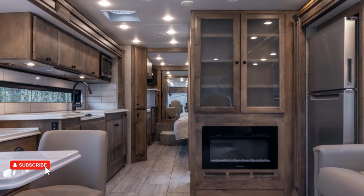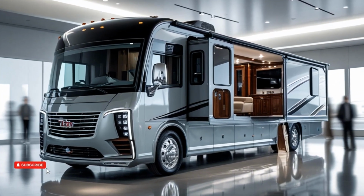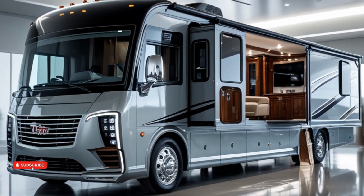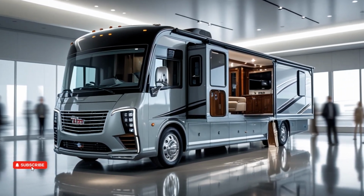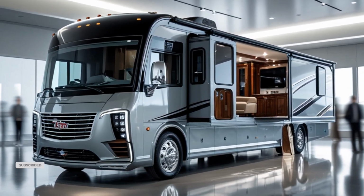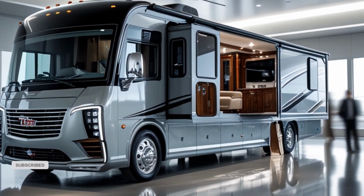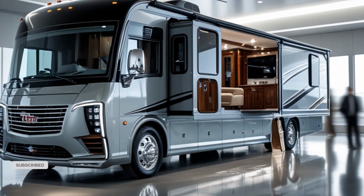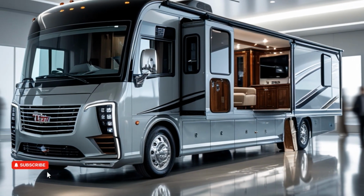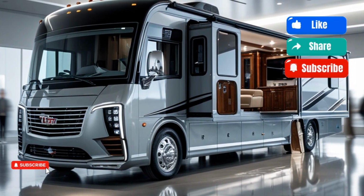Whether you're embarking on a weekend getaway or a cross-country adventure, the Allegro Breeze delivers the performance, style, and convenience that make it a standout in the Class A motorhome market. For those ready to invest in a premium motorhome without the bulk of larger models, the 2025 Tiffin Allegro Breeze is an option that combines the best of both worlds. It exemplifies Tiffin's dedication to quality and innovation, making it a worthy addition to any